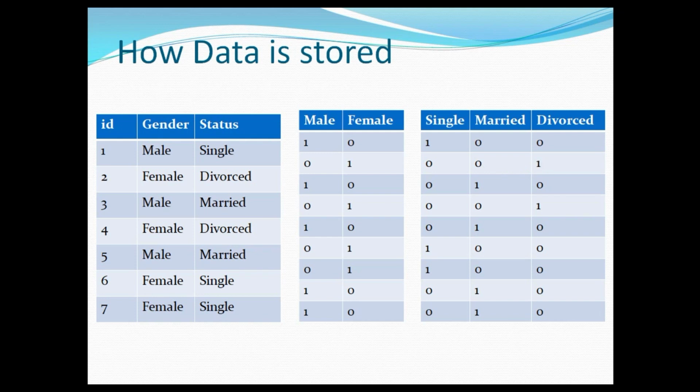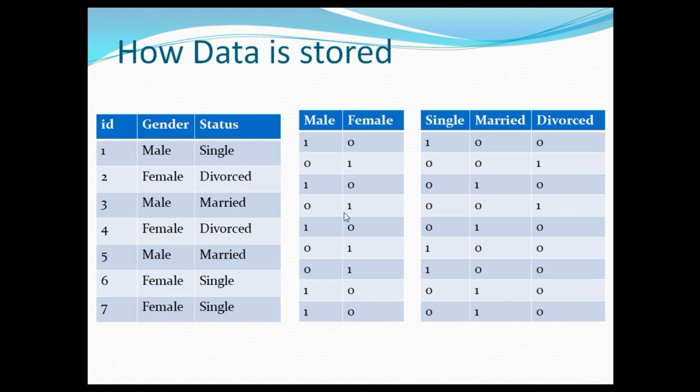Now let's say I go ahead and create a bitmap index on my ID column as well. It will result in a lot of zeros. The ID column is a high cardinality column. Only one column in a particular row will have 1. All the rest of the columns will have 0 values, and to store that amount of data, my index will consume a lot of space. That's why you don't want to create a bitmap index on a high cardinality column. It will cause data or storage issues for you.